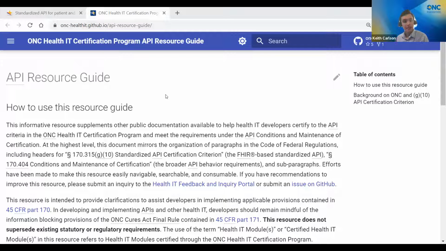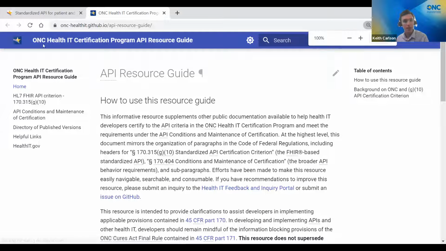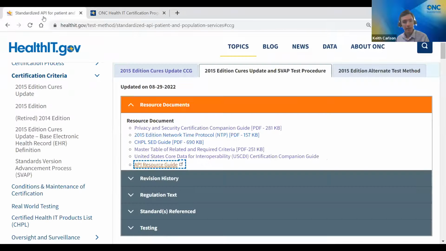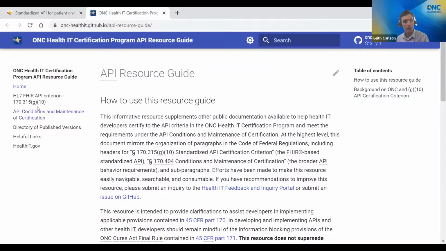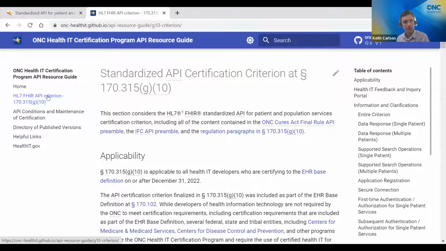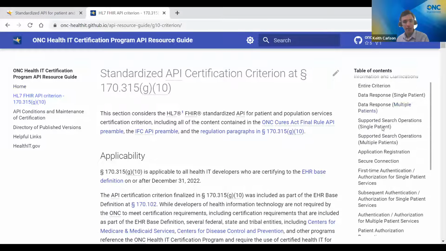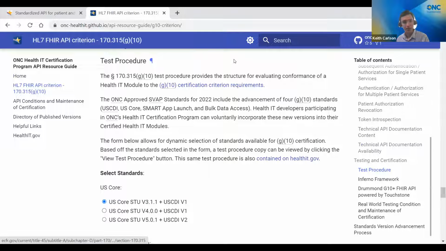And specifically to the test procedure, let me zoom this back out, because I just showed that we have the test procedure available here with these accordions, but we also have another version of the test procedure. It's the same content, just presented in a different way on the API resource guide. I'm going to go to the G10 page, and in the table of contents, this is under the test procedure